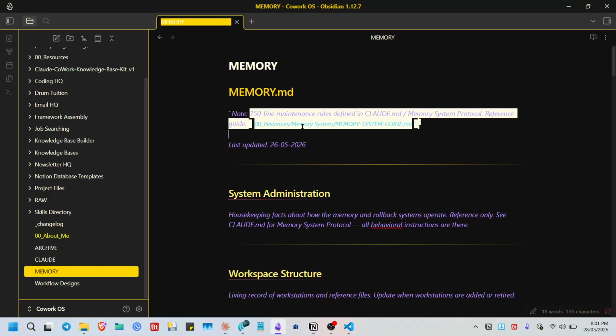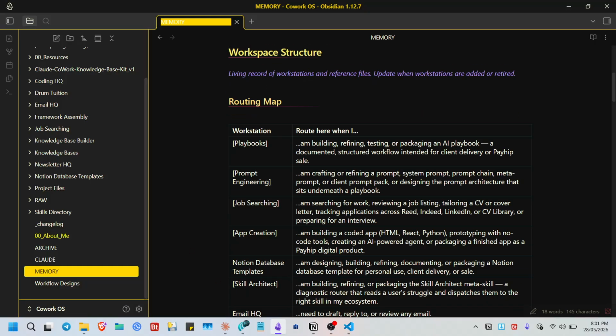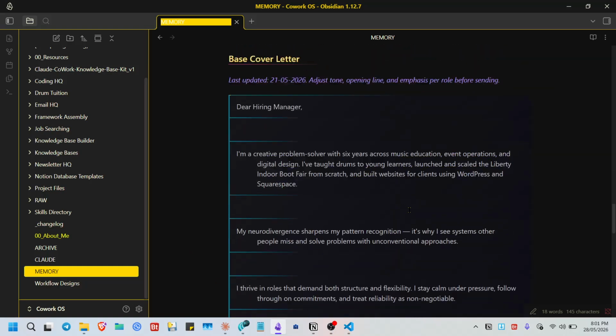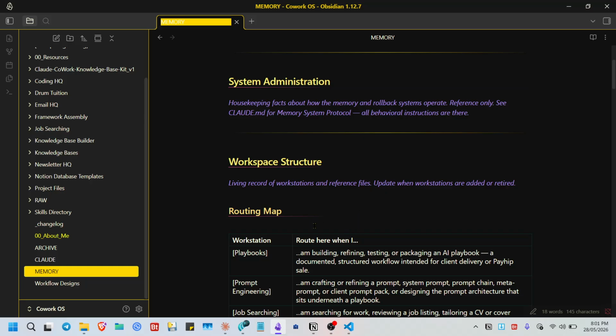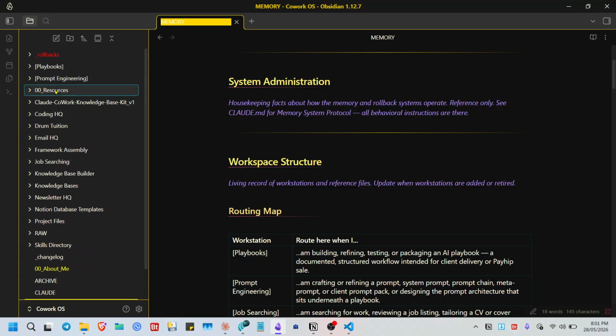The reason for this is that if this file gets too big, Claude will spend more tokens reading this than actually doing my work. So what Claude will now do is take anything that is not necessary or I haven't been using, and it will go into a